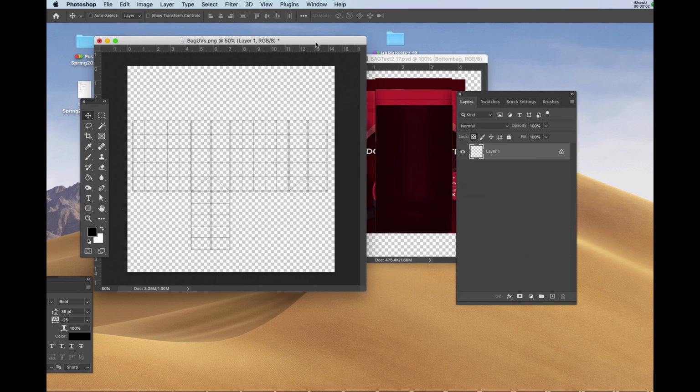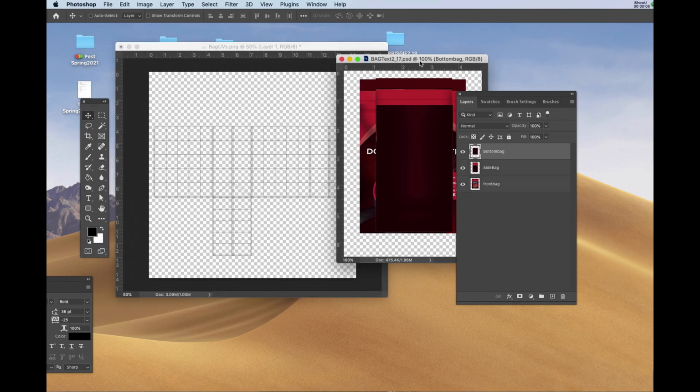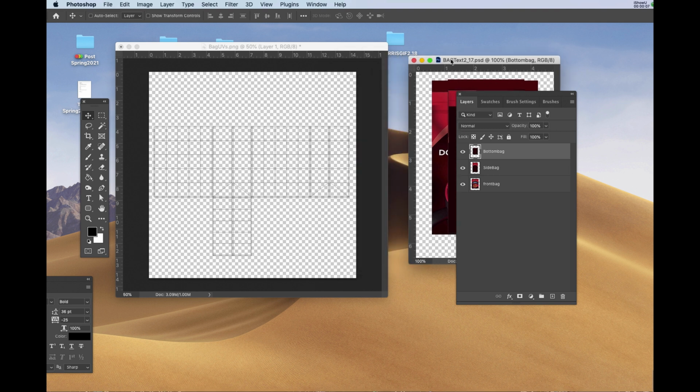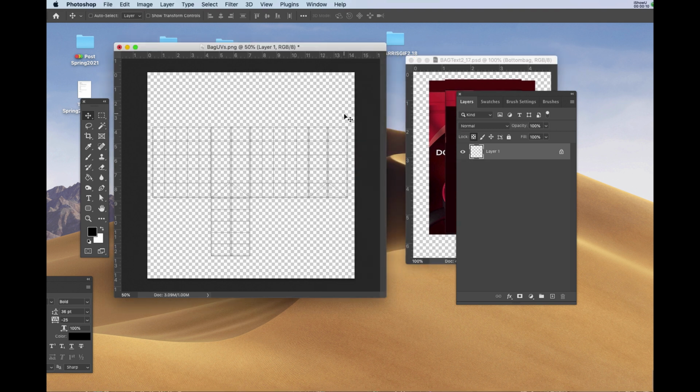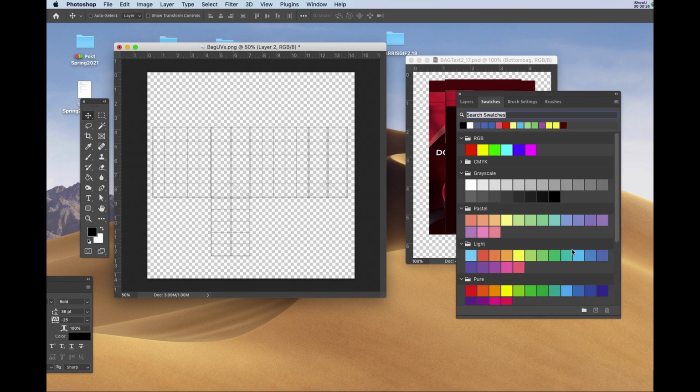I've opened up the .png bag UV map and the texture that goes with it. I'm going to put in a reference background layer so that I can see the UV map a little bit more clearly. Selecting the new layer icon, I'll go to my swatches, and I'm going to choose some sort of a middle value gray, perhaps 30 or